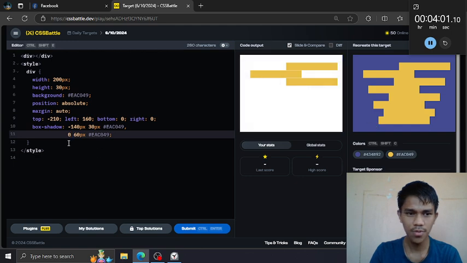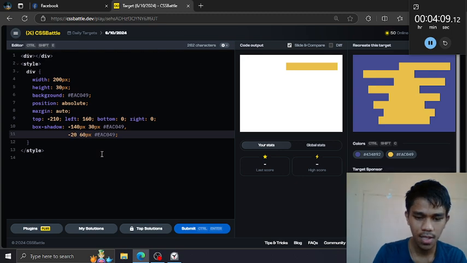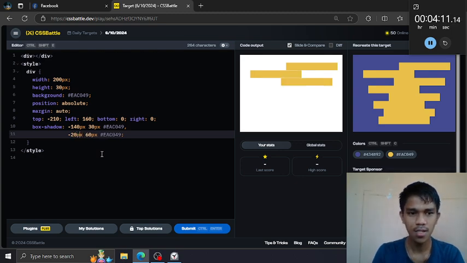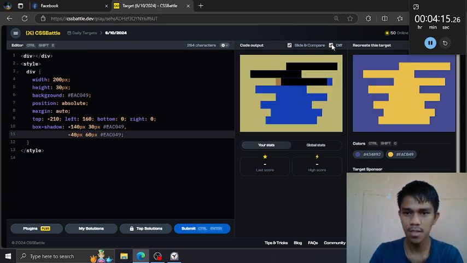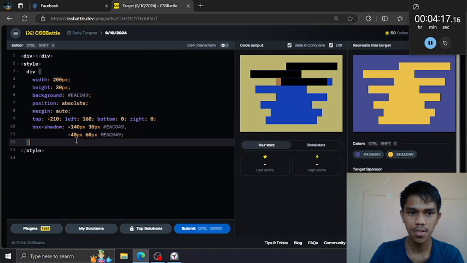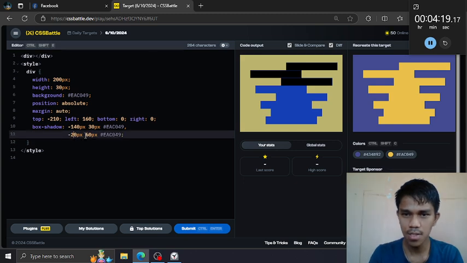And then wait. Let's push this on the left. Negative value 20 pixel. It's not the same as the top. Is it 20? Yeah. Copy again.